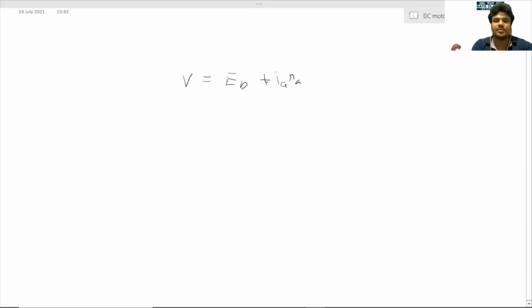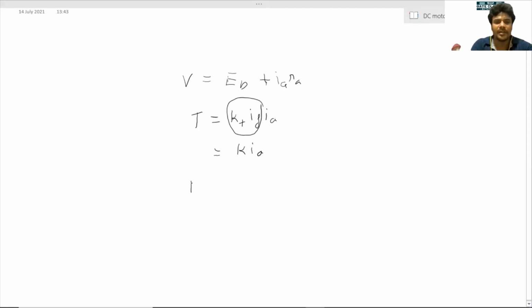Okay, so just use the formula which we have derived, that P is equal to KT IF IA. This we have derived in yesterday's class. So we can take this term as a new constant KIA, because IF we are maintaining constant. We are not talking about the field circuit, the field winding. So there we will consider it to be constant.